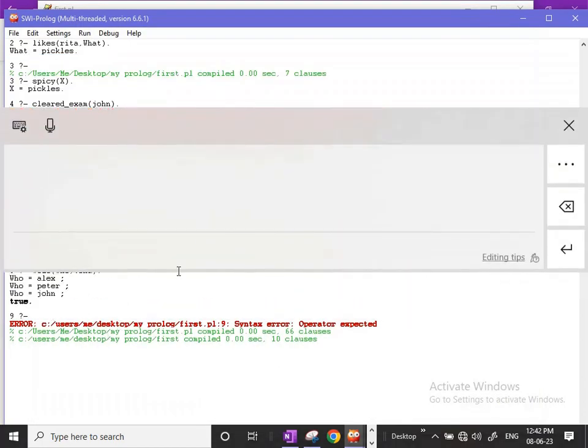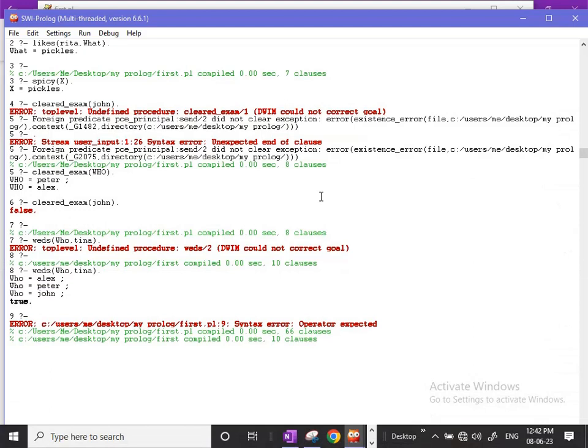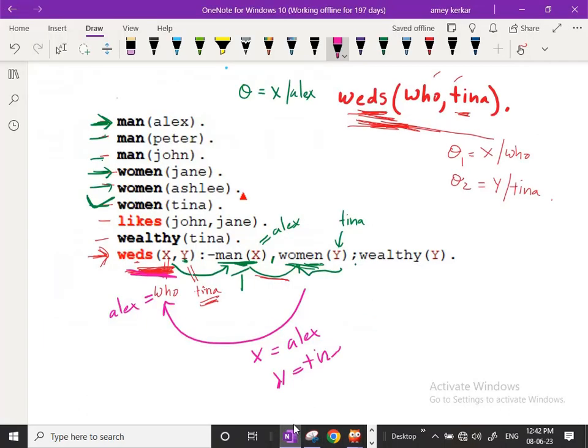Okay, I asked the same question here. Who weds Tina? Now, it gave me the answer as true. Why? In the previous code that we have written here, the likes query was missing. This was missing, correct? And now I have introduced the likes query,